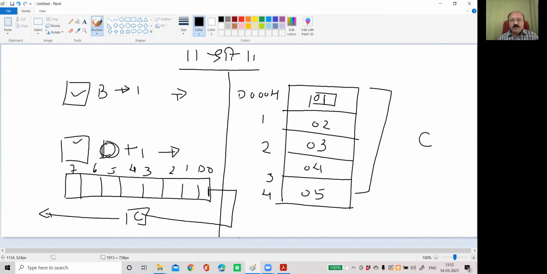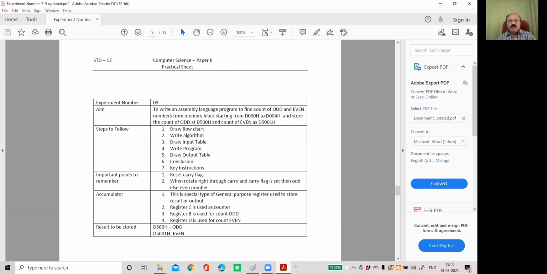If this D0 is 1, the carry will be set. If carry is set, then it is odd. If carry is not set, then it is even. And then accordingly increase B or increase D, because we have taken C for the pointer. See here, B is taken for count of odd, D is taken for count of even, and C is taken for pointer.